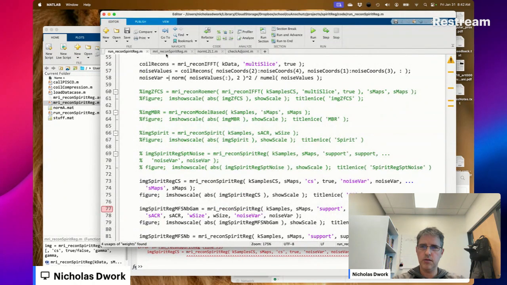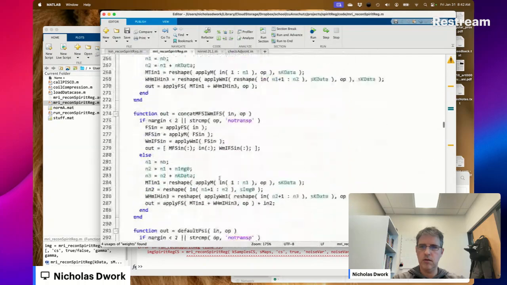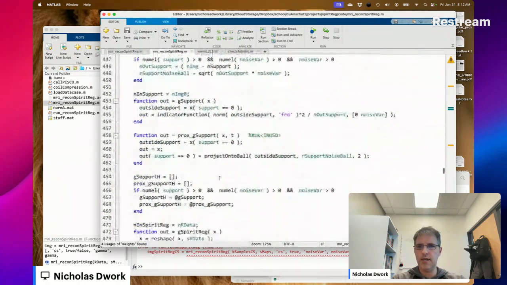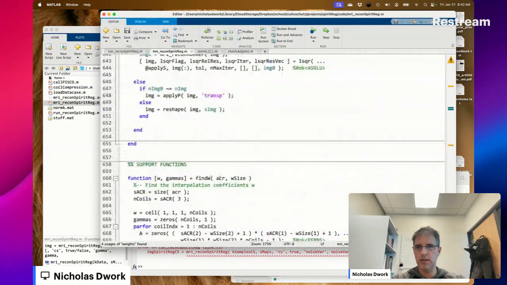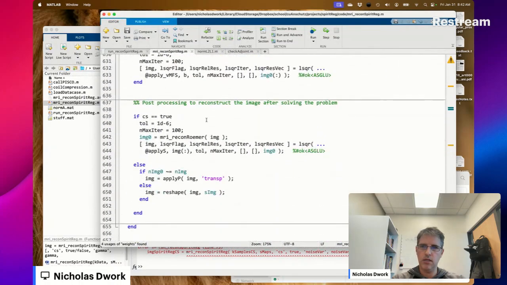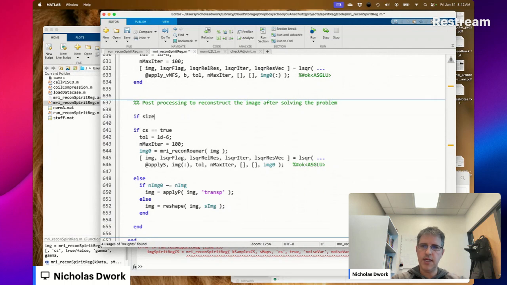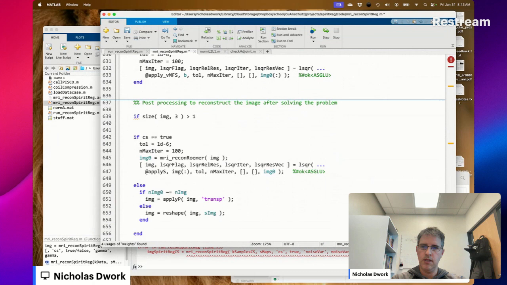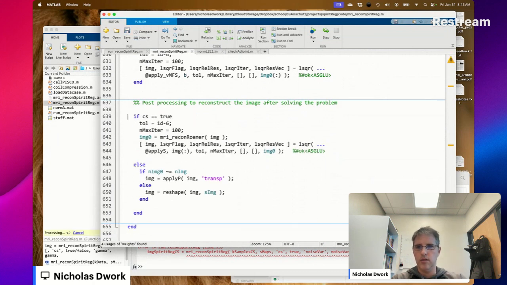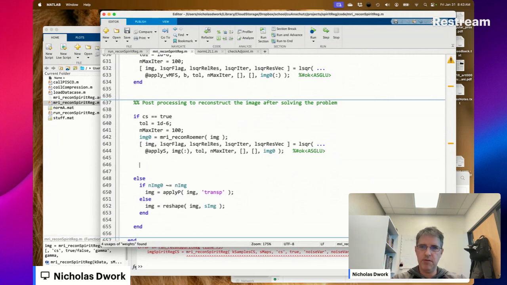Does stuff still work? So here, I guess I could just say instead, in the post-processing part, if size of image 3 is greater than 1, it'll just, okay, so here we've got image 0, and for right now, there's no support included.